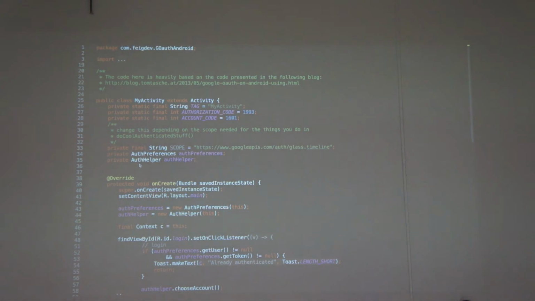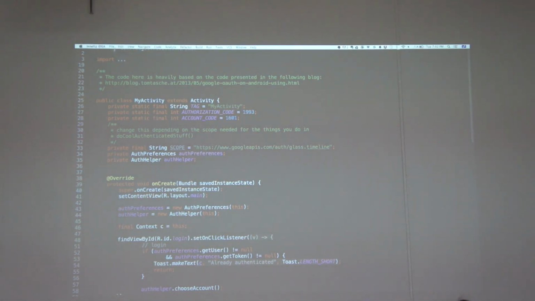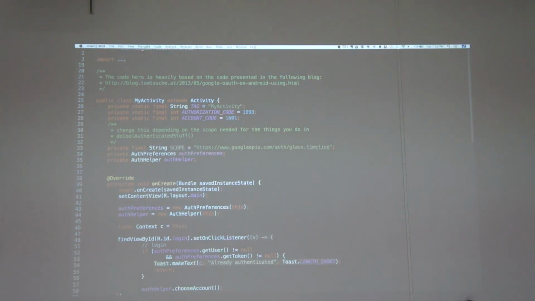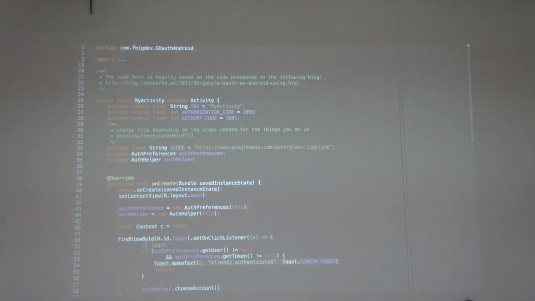So, okay, here is the Android side. And I need a little bit more than this. We can start with. This code is very, very similar to the app that I showed you a little bit ago. I basically copied all of the